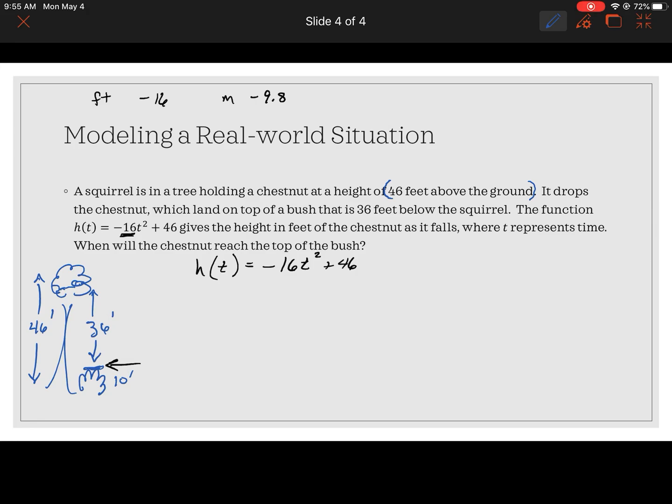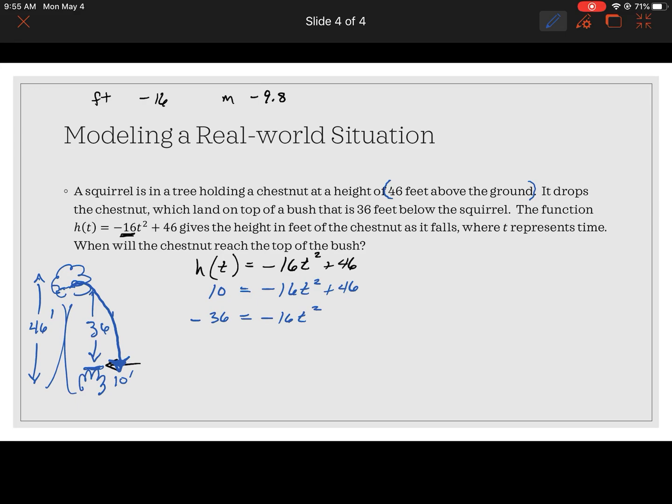We're interested in, if this was a parabola, right, which it is, what is the t, the time, at that particular height, at 10? And now we're just solving, all right? So we're trying to figure out that t value. So we can do this a couple different ways. I'm going to do the short and easy way. I don't have a linear term, right? I don't have an x value, just a plain t. I have a t squared and I have a constant. So that means I can subtract 46 from both sides, which will give me negative 36 equals negative 16 t